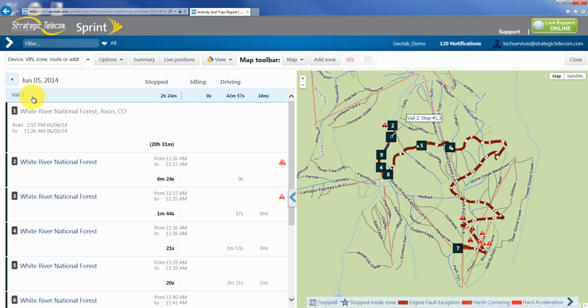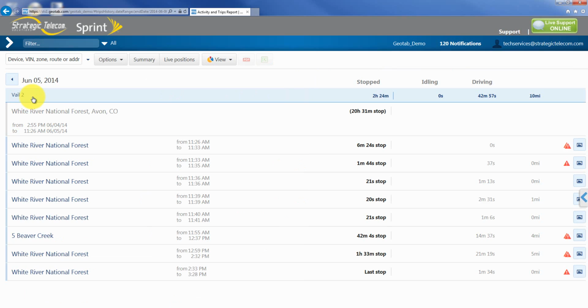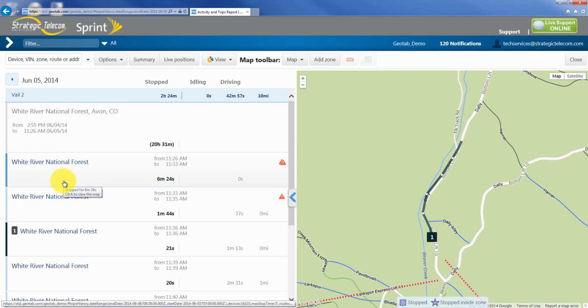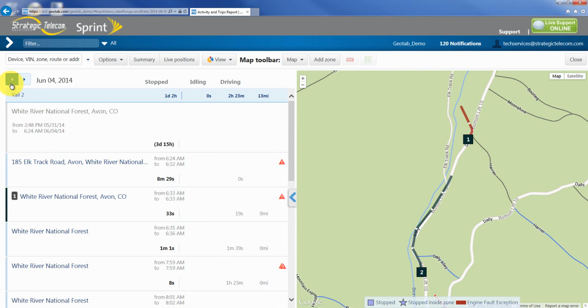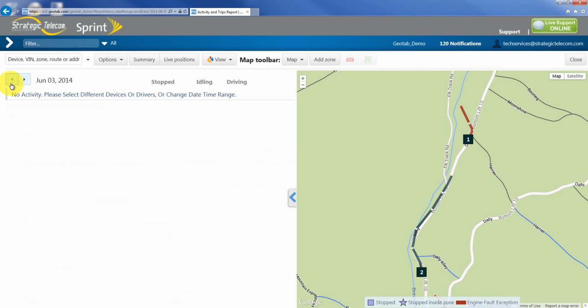If I want to turn them all off, I can click on the vehicle name again and it turns off everything. The one thing to keep in mind is that if you do turn on a location, in this case we'll just pick one of these, and I back up one day, it will still keep that on. So if you are constantly moving around and trying to find a different location, and you keep adjusting your date parameter, and you can't remember exactly what date it was that you turned on versus when you turned things off, and you just want to clear everything all at once, the best way